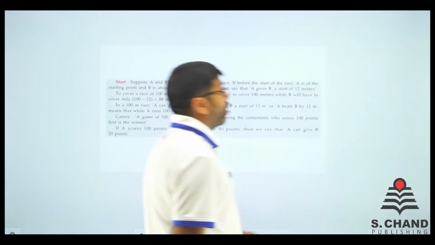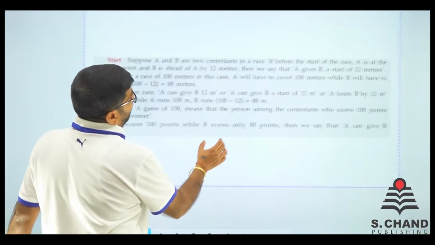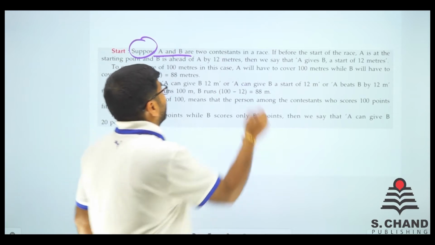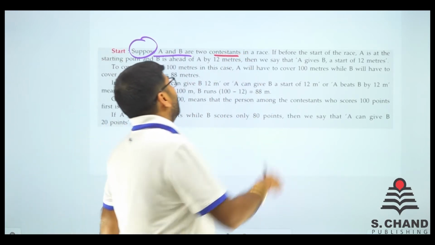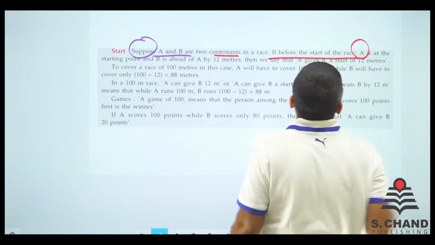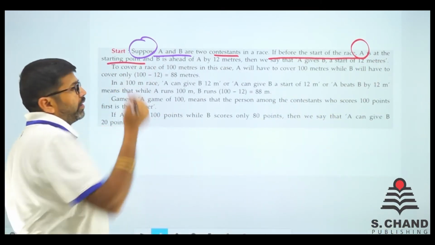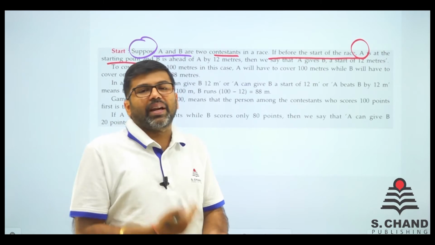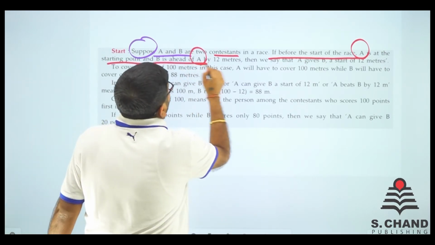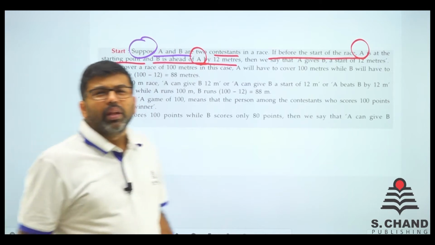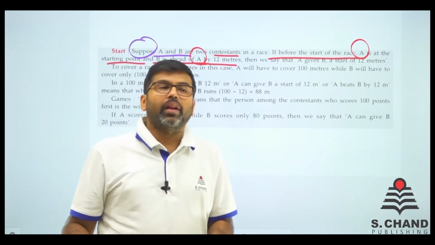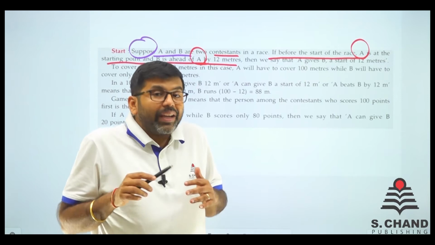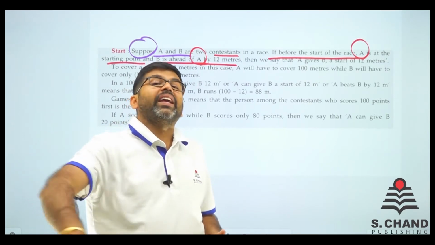कुछ और टर्म्स हैं जिनको और डिटेल में हम समझते हैं। लेट्स स्टार्ट। क्या है ये? देखिए, सपोज A और B are two contestants, दो दौड़ने वाले, दो रेस कर रहे हैं। If before the start of the race, रेस के शुरुआत में A is at starting point, कोई दिक्कत नहीं है बॉस, स्टार्टिंग पॉइंट है, वहां से शुरू कर रहा है। सो जहां से हम स्टार्ट कर रहे हैं, that is starting point. सो A कहां पे है? स्टार्टिंग पॉइंट पे है। B is ahead of A by 12 meters. कभी कभी ऐसा भी होता है, यार तू थोड़ा कम चलता है, कमजोर है, चल तू मेरे से 12 मीटर आगे निकल जा। सो सometime that happens कि स्टार्टिंग पॉइंट पे A है और B 12 मीटर अहेड है, यानी 12 मीटर आगे है उससे।